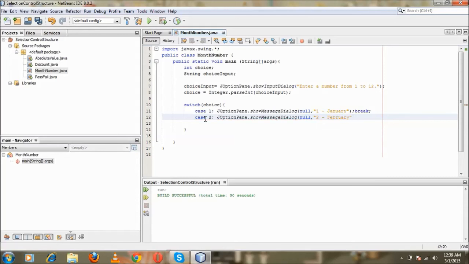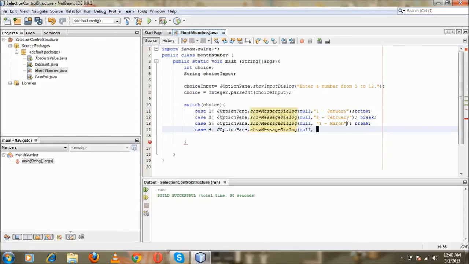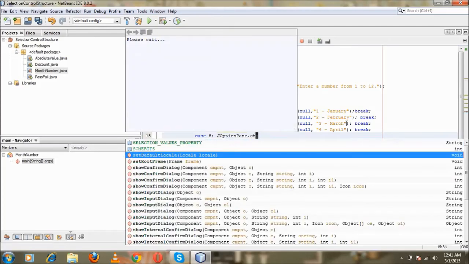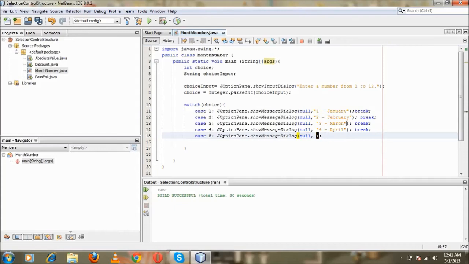Case 3: JOptionPane.showMessageDialog(null, "3 - March"); break; Case 4: JOptionPane.showMessageDialog(null, "4 - April"); break; Case 5: JOptionPane.showMessageDialog(null, "5 - May"); break;